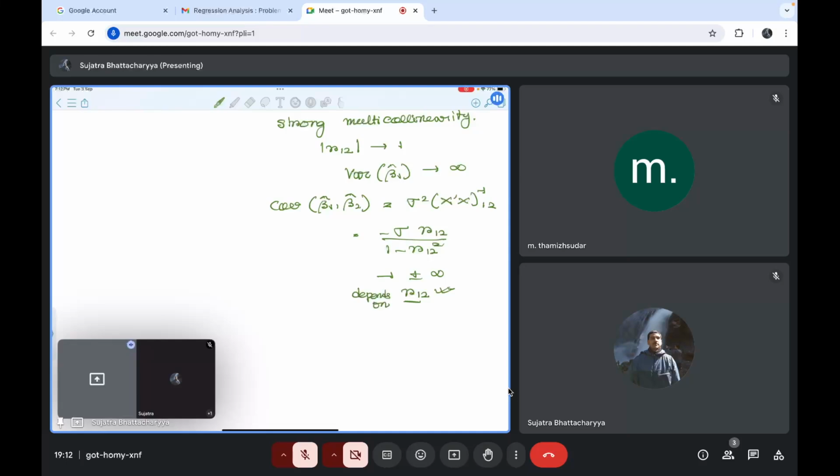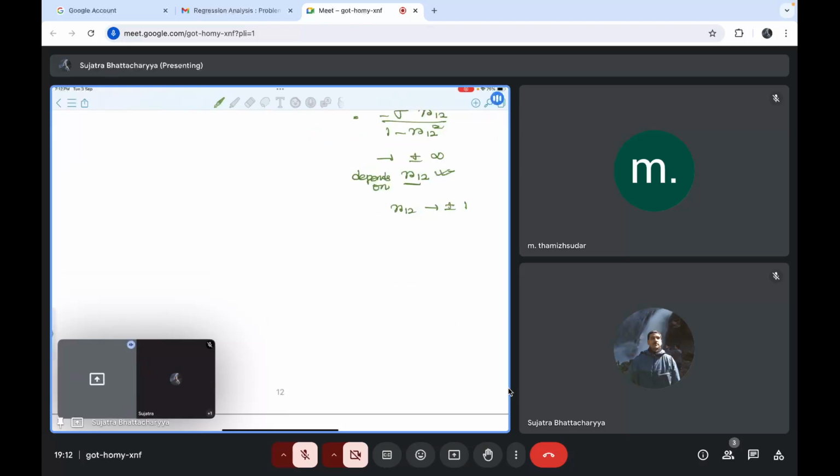Whether it is positive or negative, if r12 tends to plus or minus 1, the covariance will go to plus or minus infinity. So this is important. Now, what will happen for more than two regressors? Because I have told you that this is for the two regressor model. For more than two regressors,